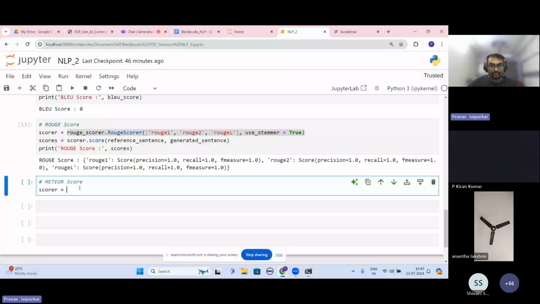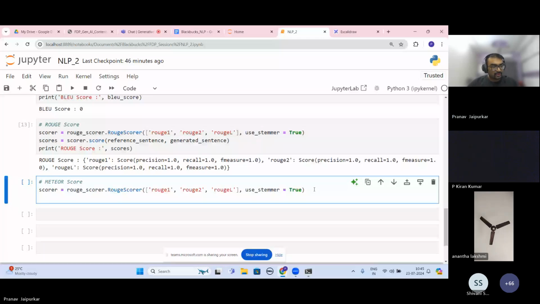Let's create a function for this. def meteor_score, reference comma hypothesis,